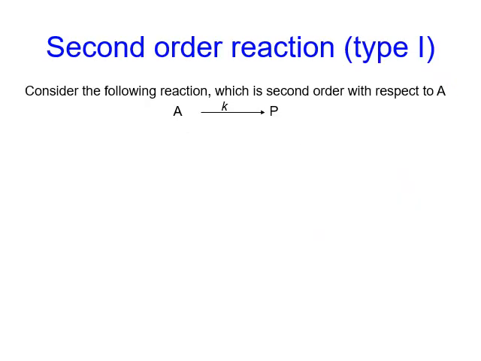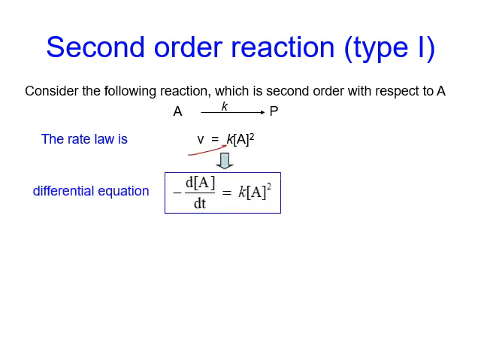We just discussed the first order reaction. What about a second order reaction? Suppose A goes to B is a second order reaction. Then the rate law becomes k[A] squared. Again, to integrate this one, we change the rate to negative derivative of A over t, so this becomes a differential equation. Then we separate the variables. We multiply by dt